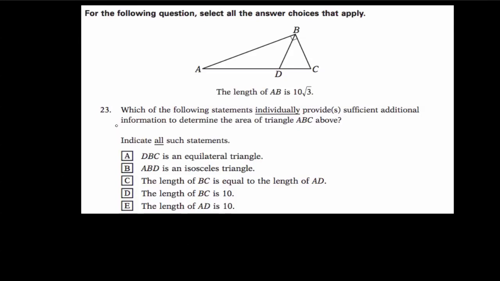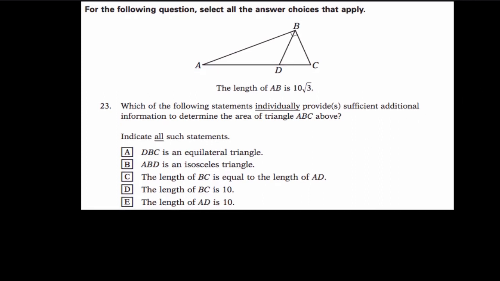Hello, so welcome to question number 23 of the revised GRE general test. Now, the question here says, for the following question, select all the answer choices that apply. Now you're given a triangle, a right triangle to be precise, and then the information we are given is the